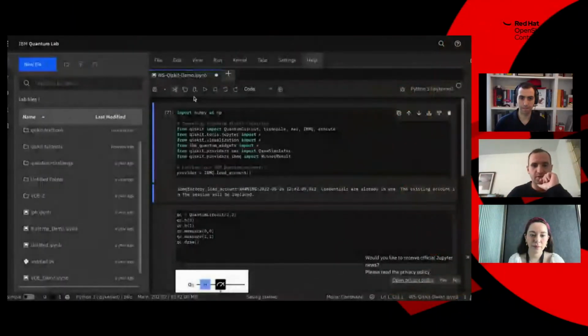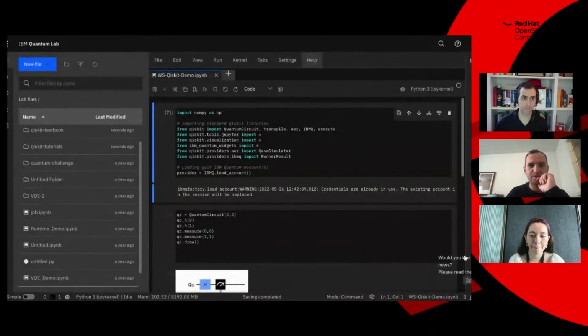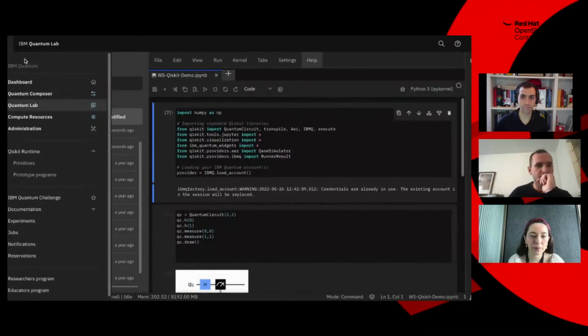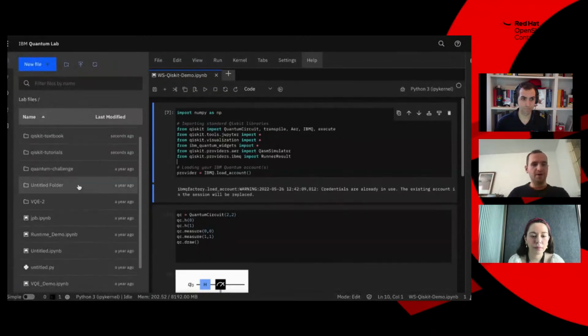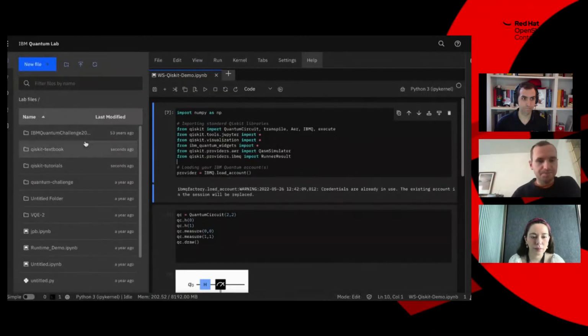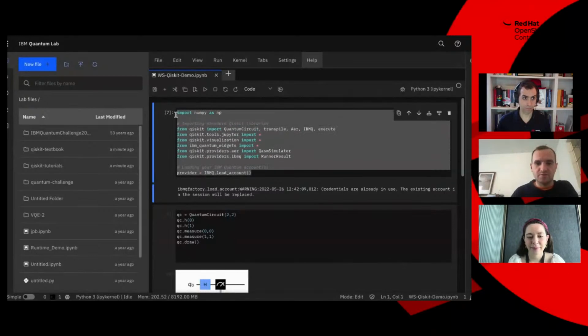Cool. Okay, so this is what the Jupyter notebooks look like. Here's some stuff from an old demo I did. You go to the menu, click on Quantum Lab, and it will bring you to this landing page. When you open that, there are some resources in here already. You can go into the tutorials and it will talk you through how to write various circuits, or you can open a new notebook and you get some boilerplate stuff,